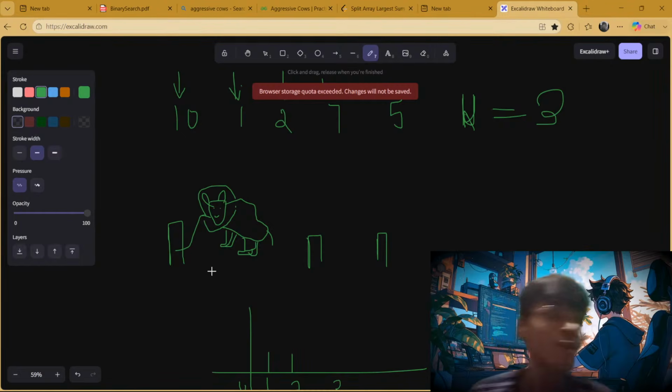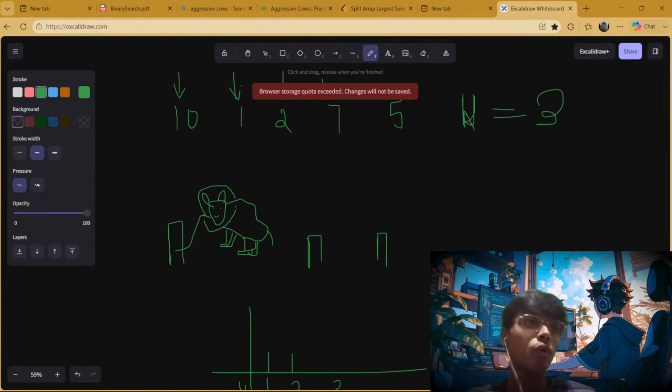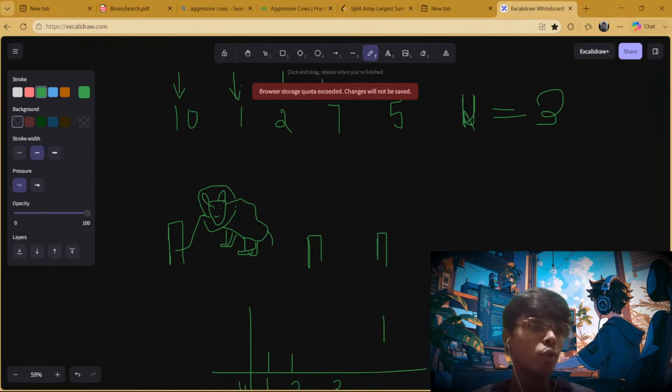सो व्हाट यू हैव टू डू दैट, इट इज गिवन दैट ये जो गाय है भाई गुस्सैल। सो मुझे क्या करना है, इन गायों को बांधना है। ऐसे बांधना है कि वो एक दूसरे से मैक्सिमम डिस्टेंस पे रहें, ताकि उनके बीच में लड़ाई ना हो। तो मुझे ये पता करना है कि मैं गायों को कुछ कुछ डिस्टेंस पे बांधूंगा जिनके बीच में लड़ाई नहीं होगी। तो मान लो कि मेरे पास खूंटे 1 2 5 दिए हुए हैं और 7 दिया है और 10 दिया है। तो मैंने एक गाय को यहाँ बांध दिया, और दूसरी गाय को मैंने यहाँ बांध दिया, और तीसरी गाय को मैंने यहाँ बांध दी।